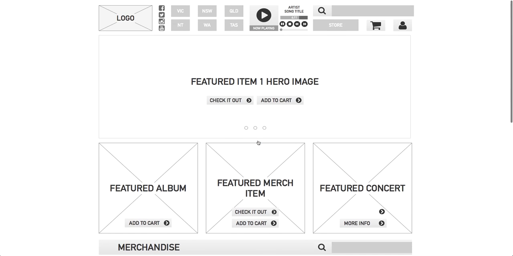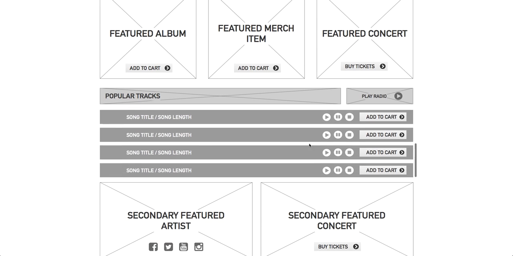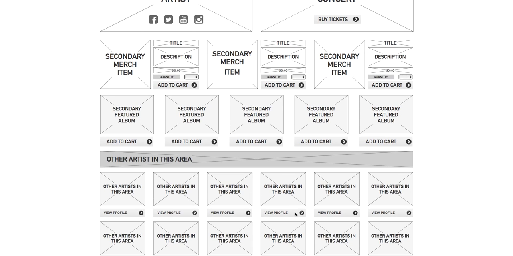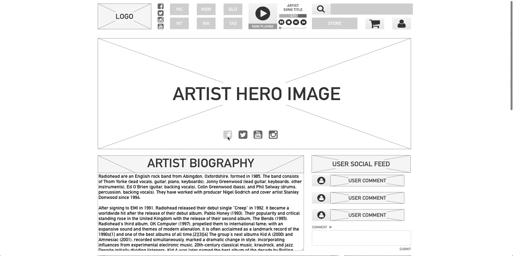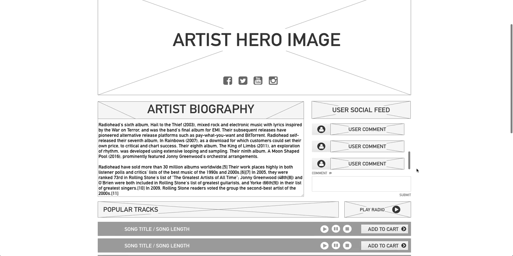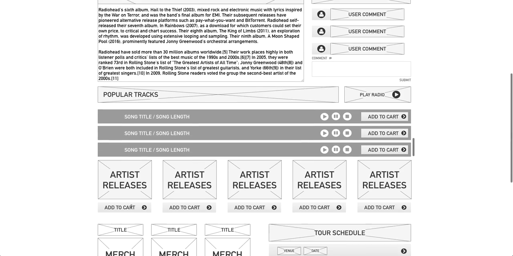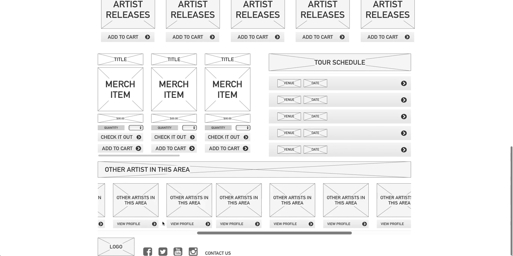The last section that we have to find is the actual profile for each artist. So whenever you do click onto an artist, you'll land on the profile page. Bit of a load there. Artist hero image, direct social links for the artist, artist biography, feed again, people are talking about the artist, and so on and so forth. Popular songs, releases, the tour schedule, merch items for the artist, other artists in the area,